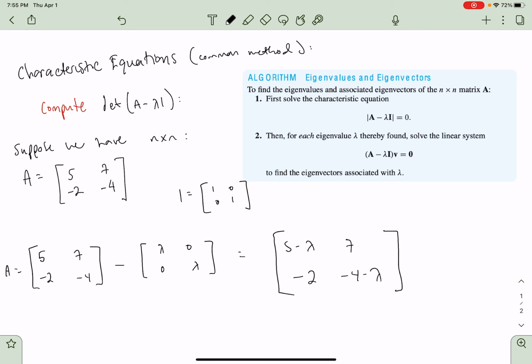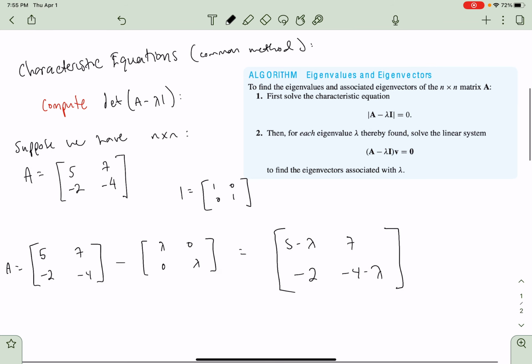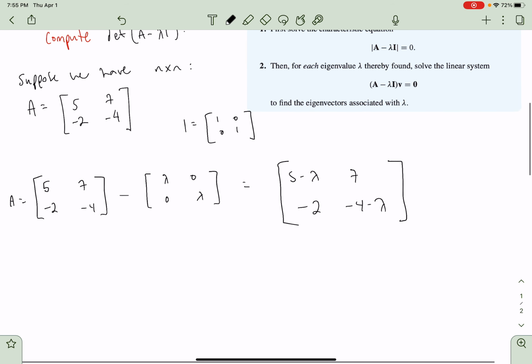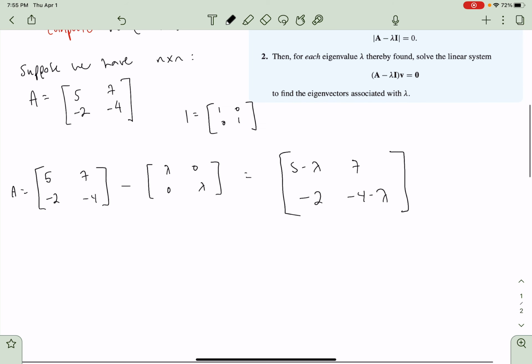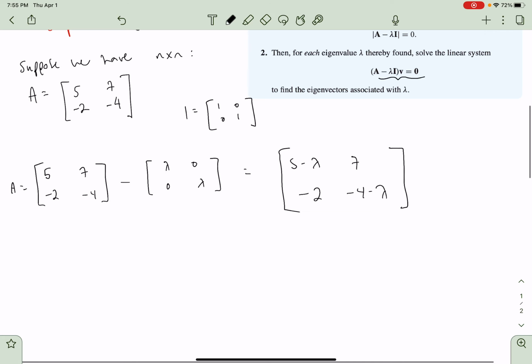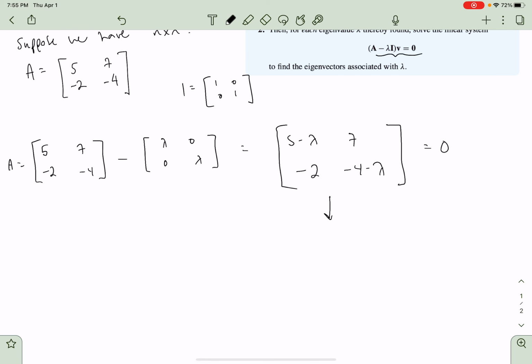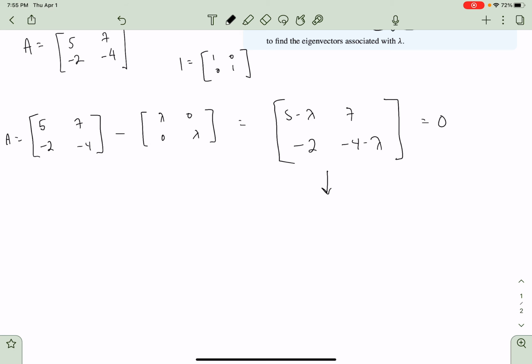So far what we've done is look at what our matrix A is, found out what the identity matrix is, multiplied it by lambda, and this is what we end up with. Nothing too complicated. Now we're going to set this equal to 0, as they want us to do in the definition. And part of finding the determinant of a 2 by 2 matrix, or n by n matrix, in this case it's 2 by 2, as you can see,